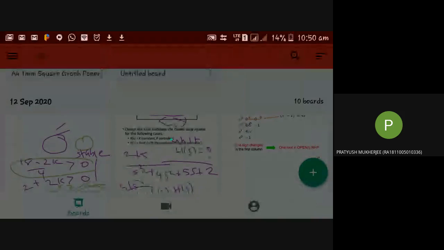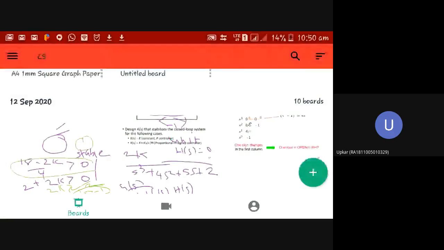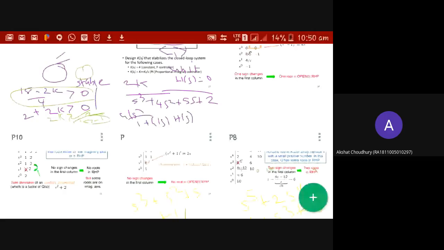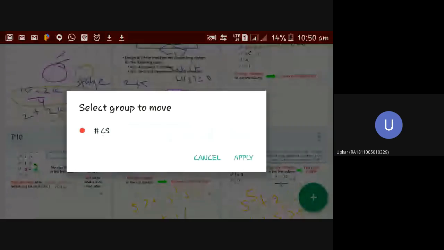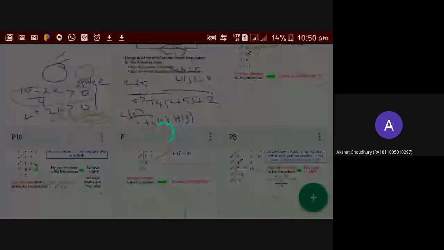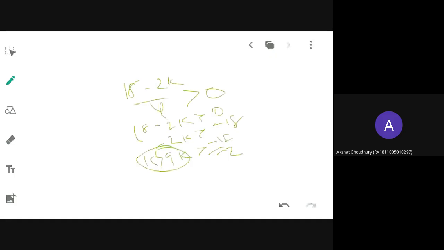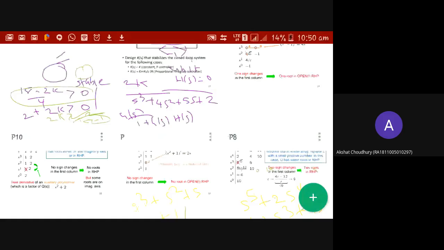I will check that problem. And K should be less than 9. Ma'am, K is greater than minus 1 and K is greater than 9? It is not less than 9, right? Because of the negative sign, the minus sign will change to plus, so 9 will be the range. Ma'am, we got K greater than 9. K greater than 9, I get. See, because of the sign change, I think so.